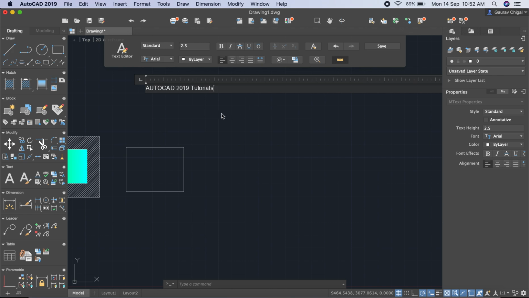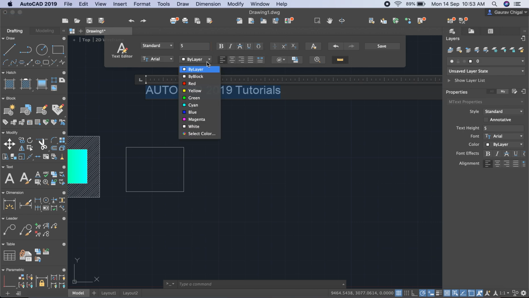tutorials. Okay, now as you can do in MS Word, you can change it: just select your text, give it as a standard or annotative, then you can define the width or size of this text by giving a value here, 5, 10, 20, as you like. You can make it bold, you can make it italic, you can cut through the text, underline the text, overline the text. So there are a number of options by which you can do it, just as you can do in your MS Word options. You can align it to left, center, right, justify. Okay, so there are a number of options.